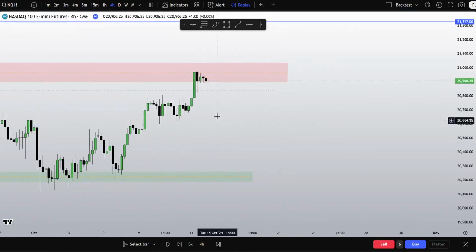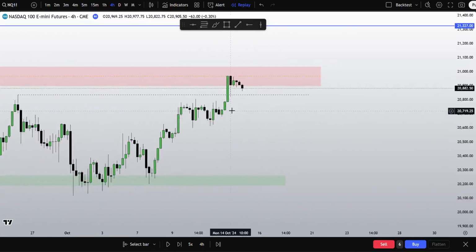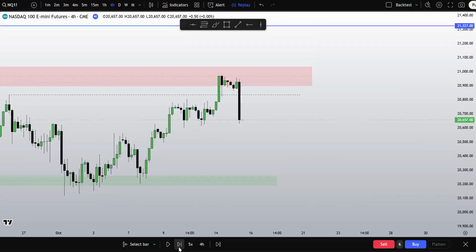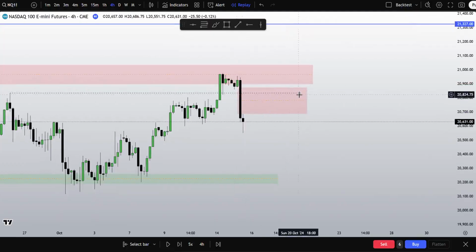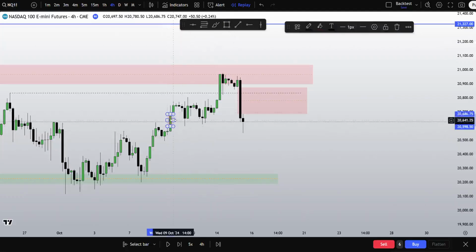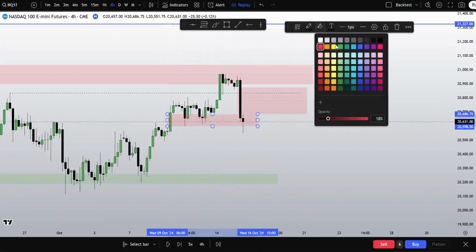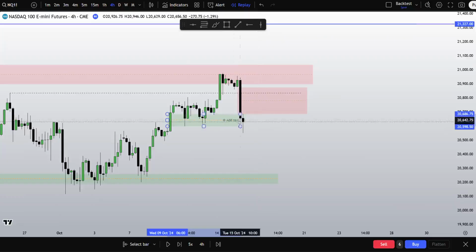Now I want to see how we react to this imbalance if we had lower. There we go. Once more, this imbalance we will analyze as well. If we disrespect this, I'm going to keep it right here. Should we disrespect this, then I'd like to see